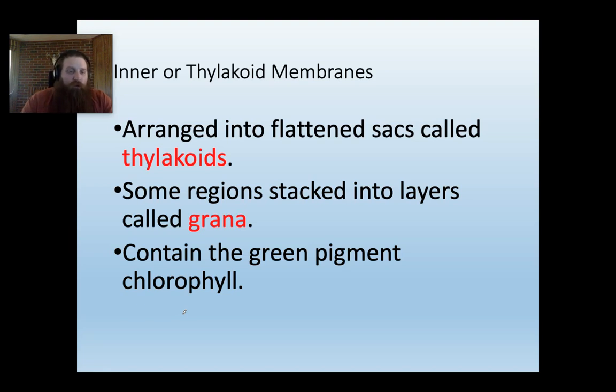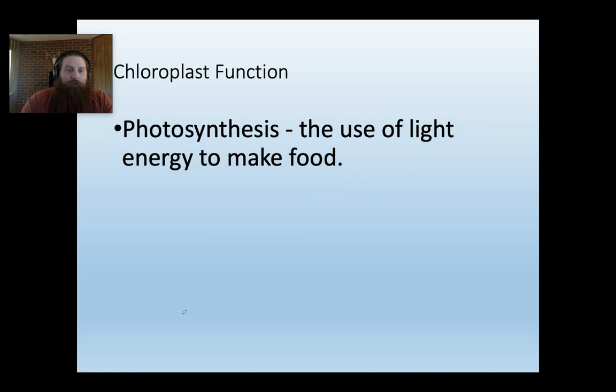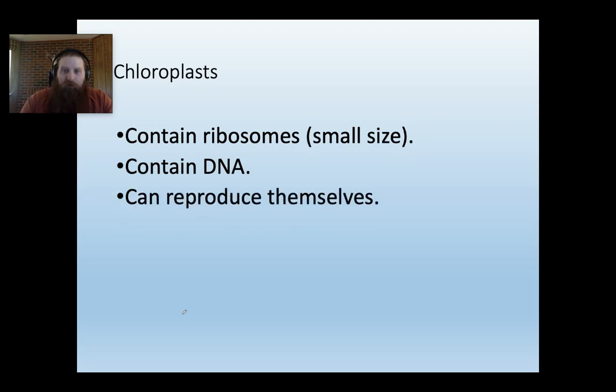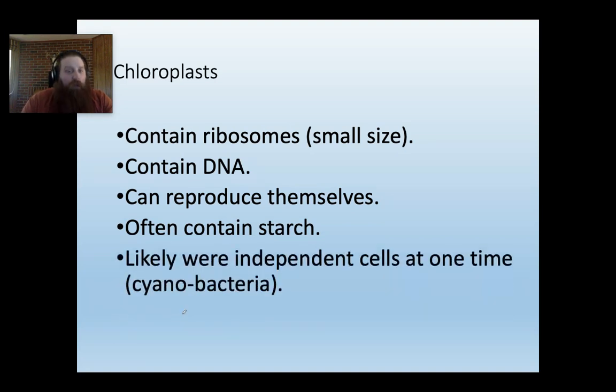Now, you probably know already, chlorophyll is used in the process of photosynthesis, which is the use of light energy to make food. Some other things about chloroplasts: they have their own ribosomes. They're really small. They have their own DNA. They can reproduce themselves. They often have starch, okay, a source of energy for themselves, and they were likely independent